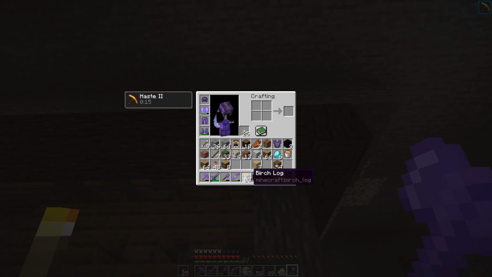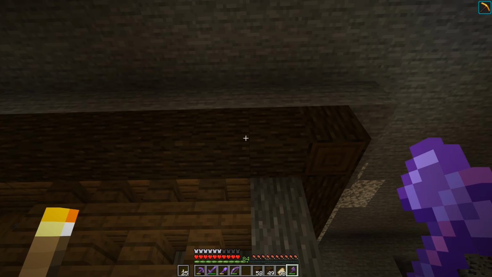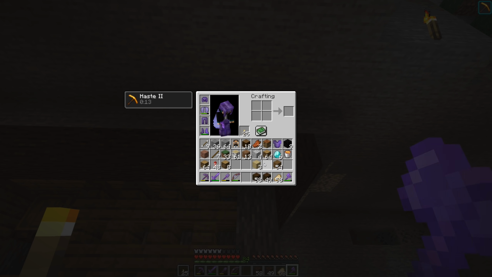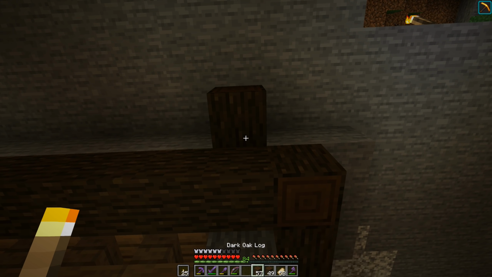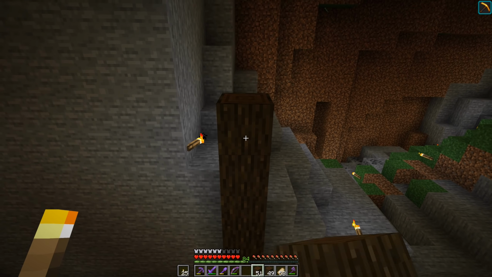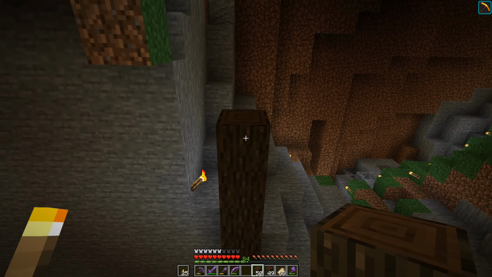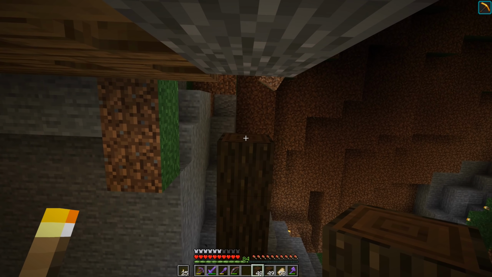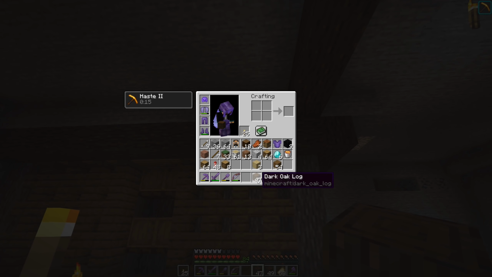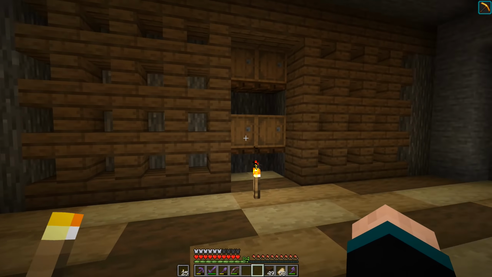But what I was thinking anyway is, this is going to be interesting. How are we going to do this? So my initial thought was to put some cross beams like this, because, you know, we're in a cave. We need structure. We need structure. Now, the problem is I had a plan